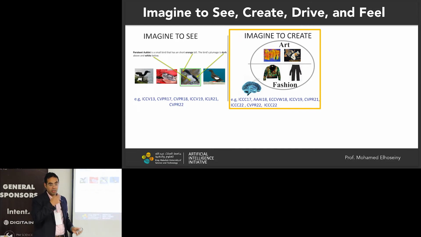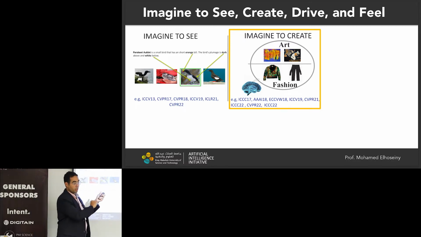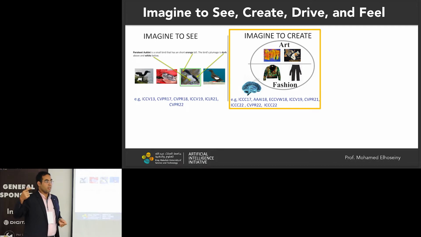For example, at some point when photography was invented, that shifted artists from depicting reality by actually drawing pictures for families. Maybe a picture is not just one click away. It could be a 2-hour session to draw a picture of a family, right? And this shifted the artist to invent new modes of expression, like cubism and other things, right? And AI now, if you have heard about AI artists, is a popular art movement, and artists are using it as a tool, for example, to build new art, and also as an inspiration tool in fashion, to create new designs and things like that.